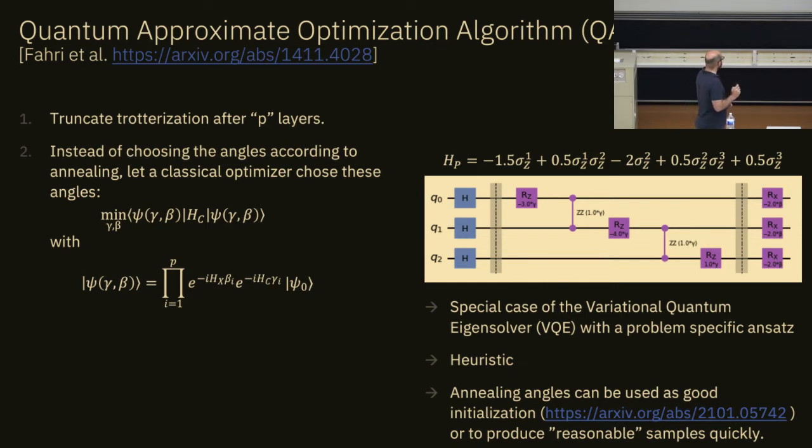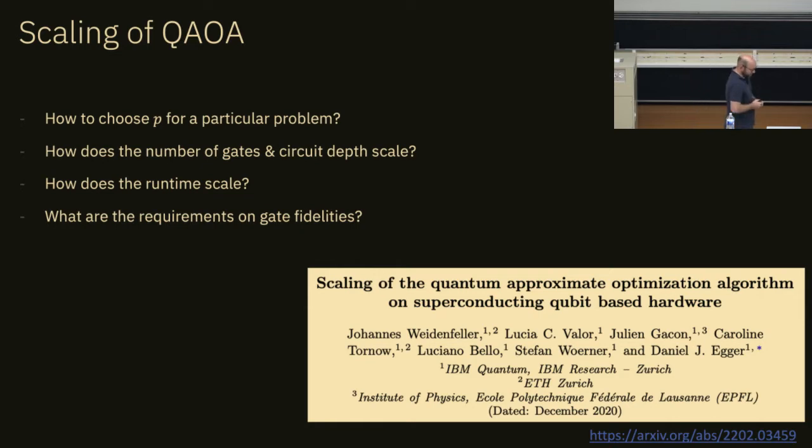Okay. Now, how does this heuristic scale? There are a bunch of questions that one can ask to understand how performant this is, or what your hardware needs to satisfy to actually get something meaningful out of that. And we don't have sufficient conditions that guarantee a quantum advantage, but we have some kind of necessary conditions that tell us, okay, if that's not satisfied, then the chance of a quantum advantage is pretty low.